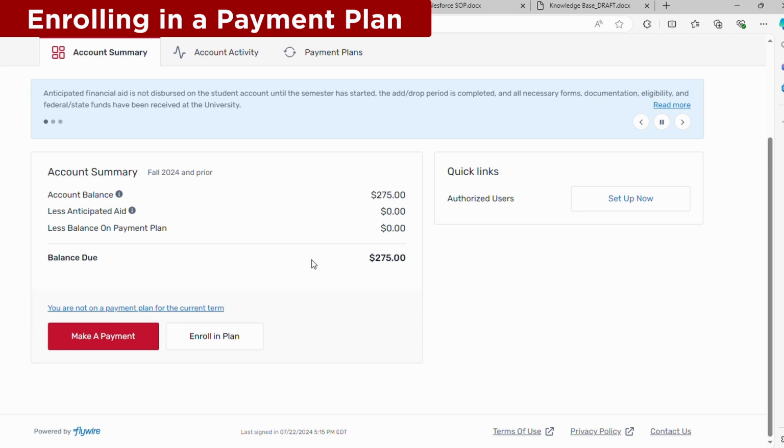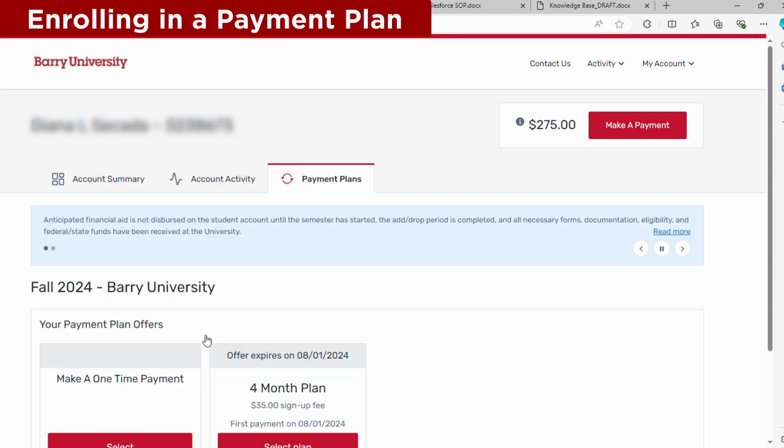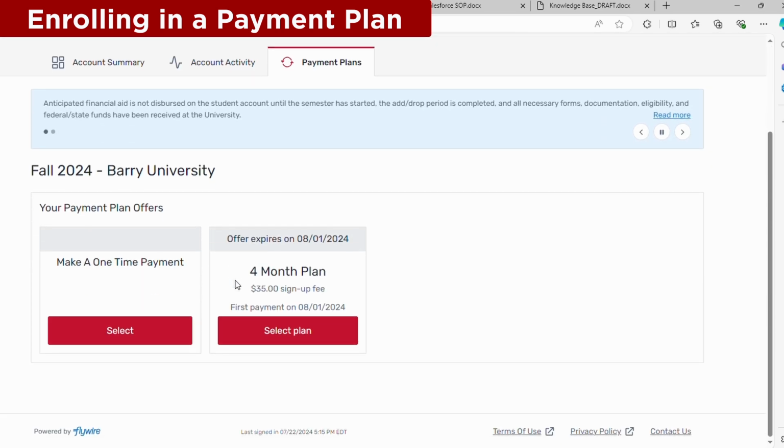On the Payment Center dashboard, there are two buttons located at the bottom of the page: a red button labeled Make a Payment and another labeled Enroll in Plan. You'll want to click on the Enroll in Plan button. Once redirected to the Payment Plans tab, you will see two options: make a one-time payment or set up a